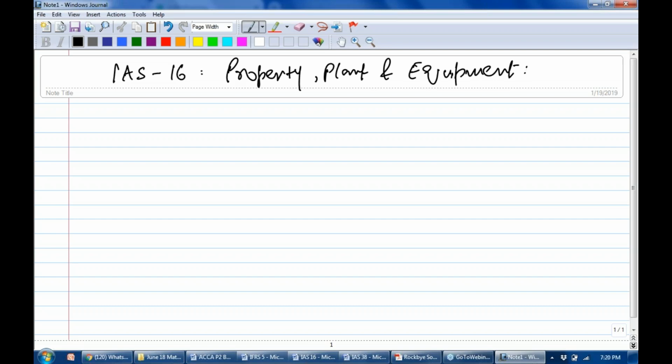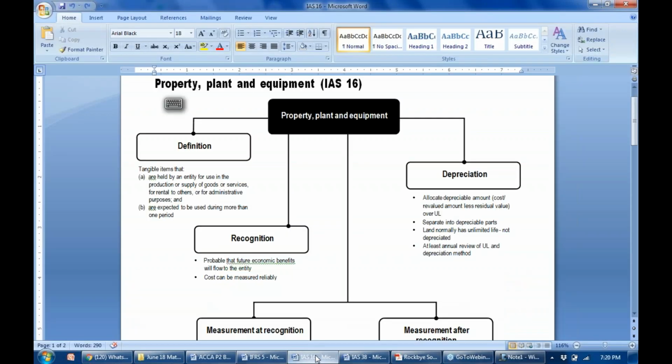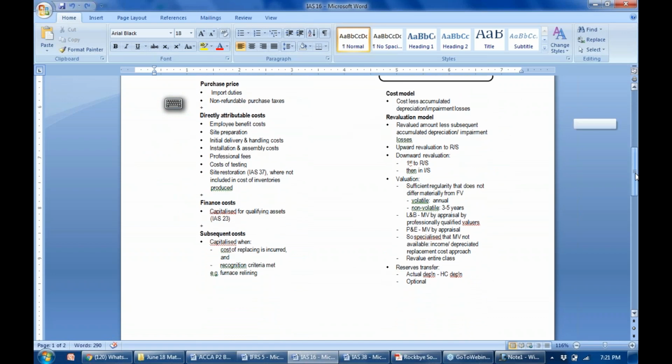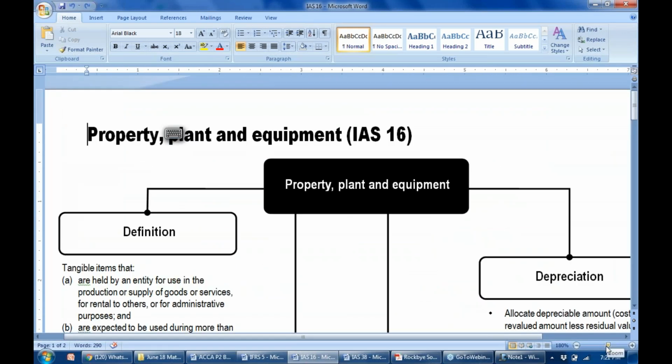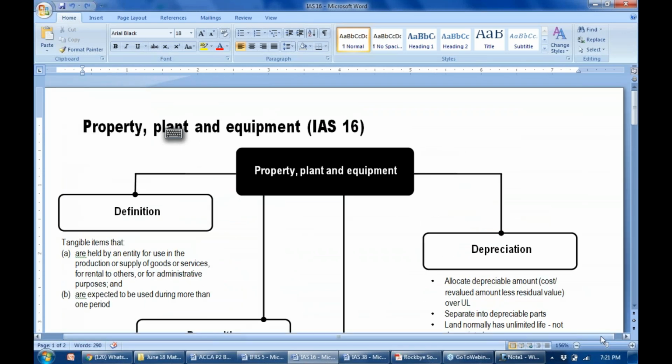I've already shared a document with you for a quick review of this property, plant and equipment matter. I will also make a quick review because in F7 you have enough knowledge about all aspects related to property, plant and equipment. So number one, property, plant and equipment is about some asset related standards, and the important point is that